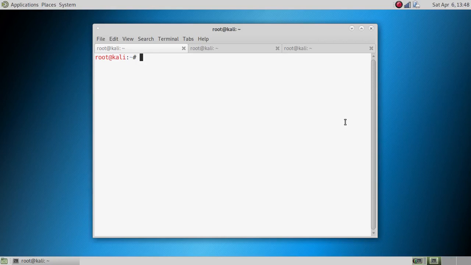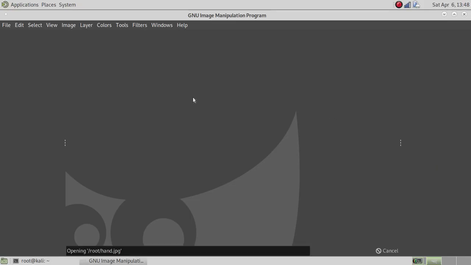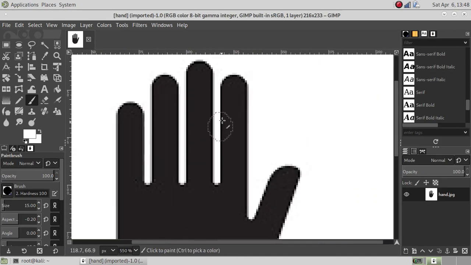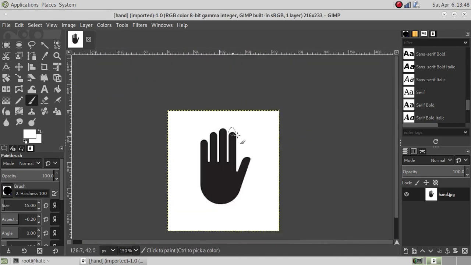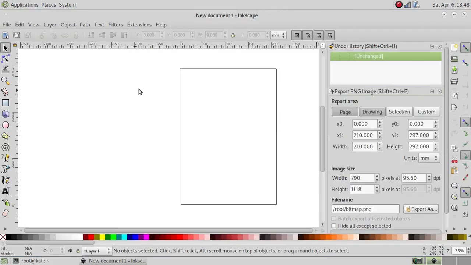I want to show you how to convert 2D image to 3D model, and it's my 2D image. First, I have to import into Inkscape,